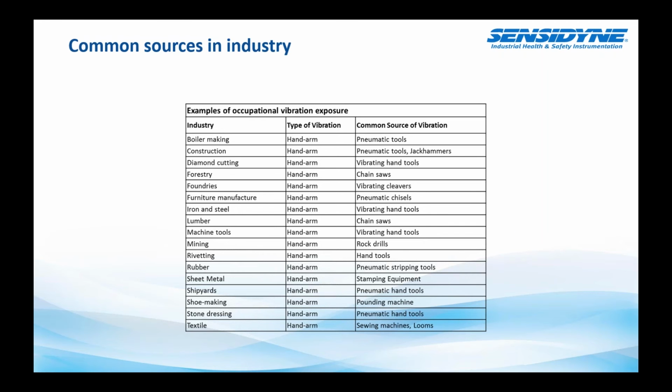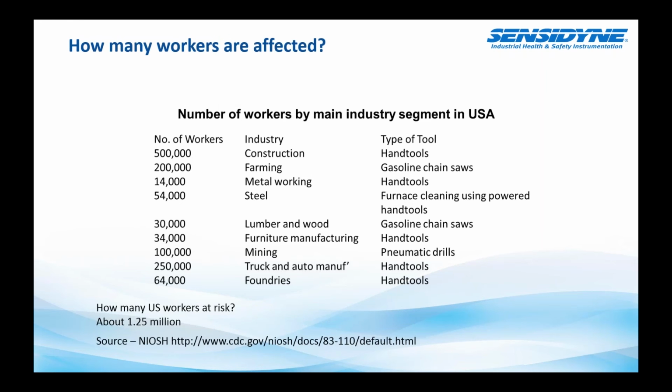How big a problem is it? How many workers are affected? So here's a list that was published by NIOSH. It shows the main industries and number of workers here. So in the construction industry, they reckon probably about 500,000 workers using some sort of hand tool that could be